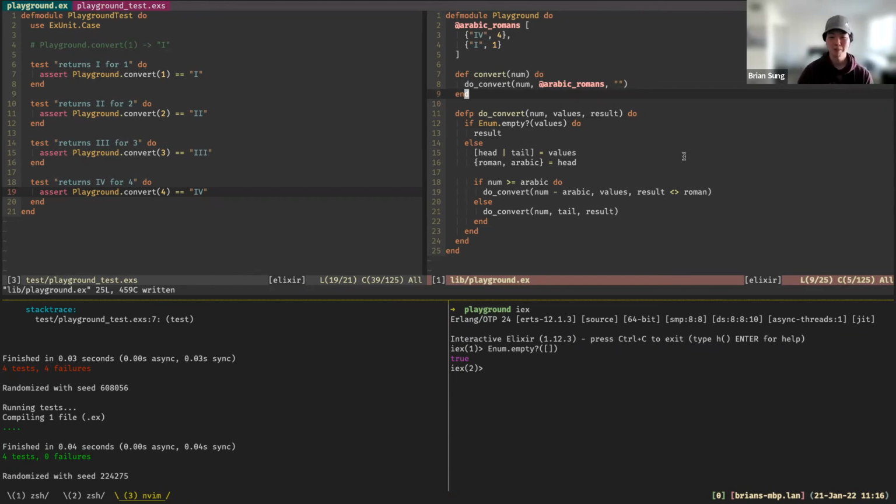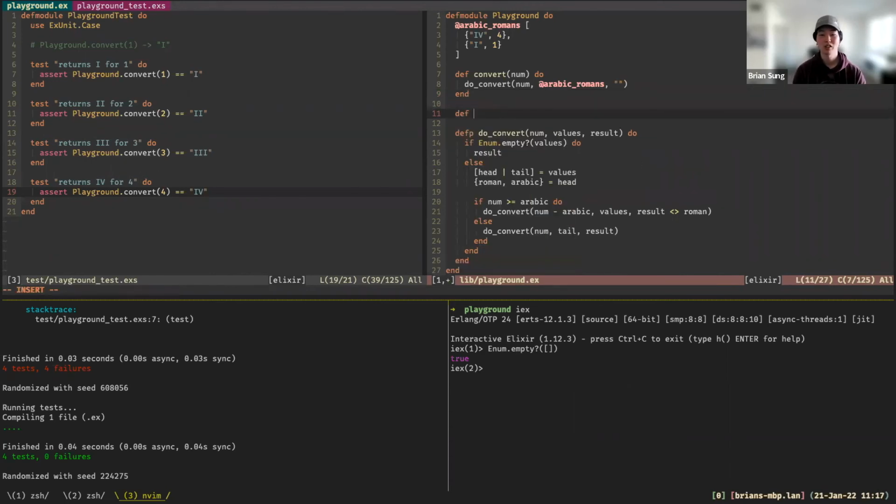Thank you. All right, so we want to call this recursively again, except we want to match this empty list, right? And we can do that by just defining the function. And instead of values, I'm just going to write in what we're expecting it to be, or what we want to match. So we want to match on an empty list and then result. And then that part of the conditional just returns the result. We'll do the result here.